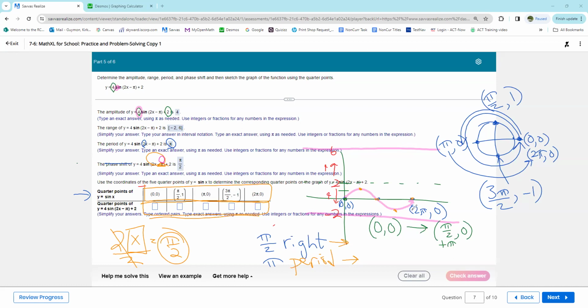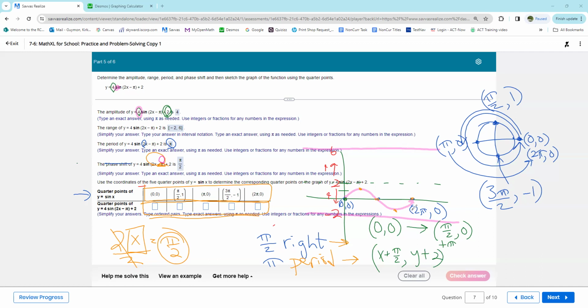And then the whole thing also was moved up, right? So the x value has to be added a pi over 2 to that, and the y value transformed up 2,